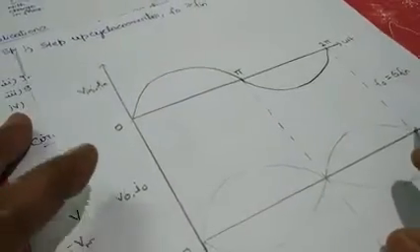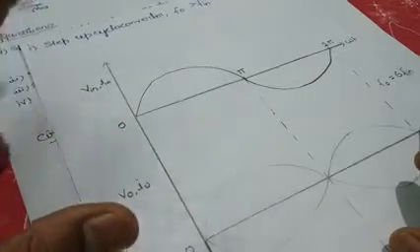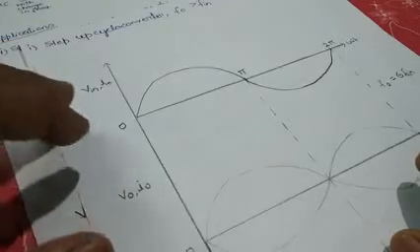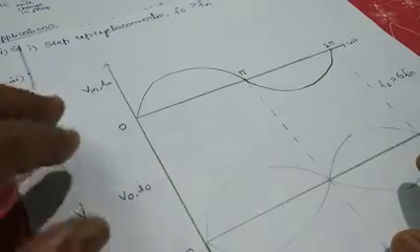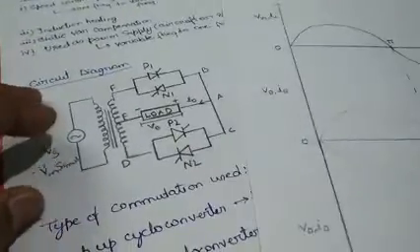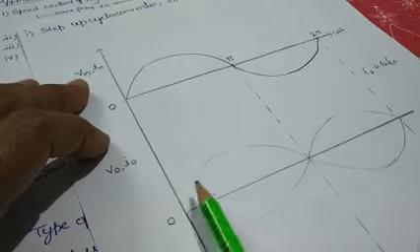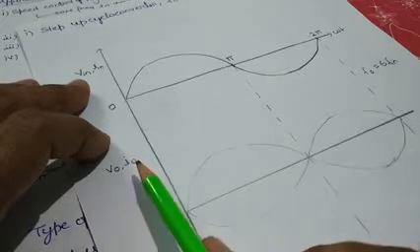Okay, so for simplicity, we will consider here a pure resistive load. In a practical load, we all know that it is not purely resistive, so slightly there will be some difference. But for understanding the working of a cycloconverter, we will consider only a purely resistive circuit, where there is no phase difference between output voltage and output current. Okay, so first what we will do,